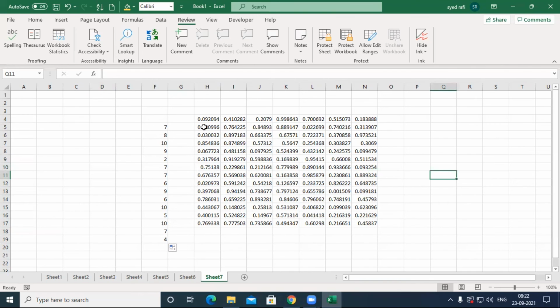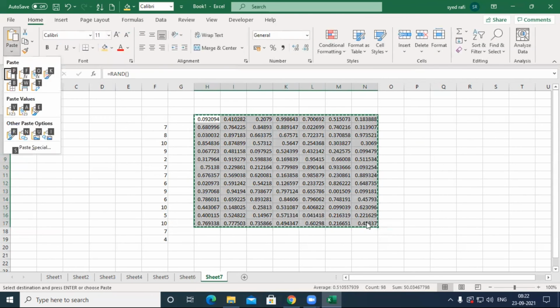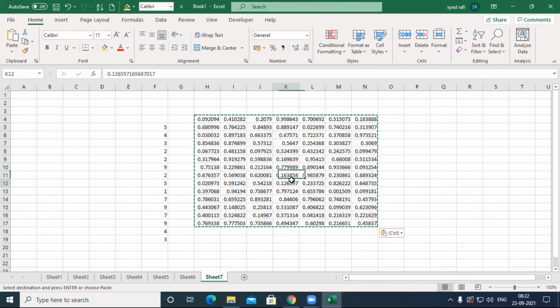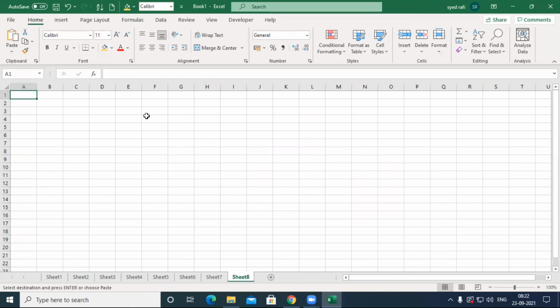Okay, I don't want to change the values. You do one thing: select this one, press Ctrl+C, then Alt, H, V, V. Yes, nice. Alt, H, V, V. Automatically the function will be removed. And also you may do like this, Ctrl+C, Alt, H, V, V. Automatically it will be removed. It is the RANDBETWEEN function. Okay. So this is the RAND function. This is the RANDBETWEEN function. Okay. Next, RANDBETWEEN.